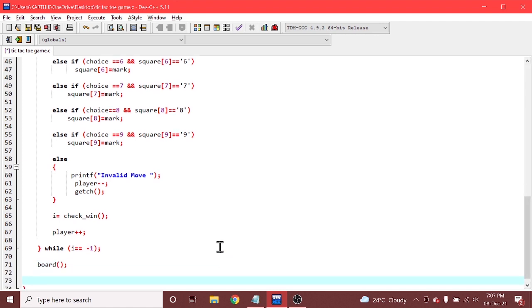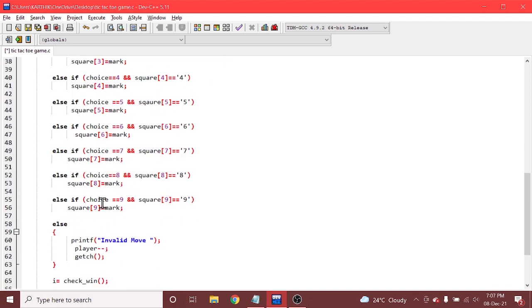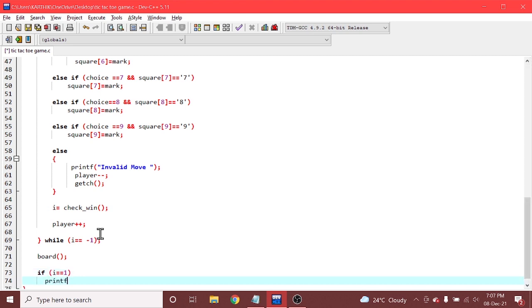Now we are checking for that i value, because after completion of this if else if conditions, you will get some i value, right? So we are checking if i is equal to 1, printf as, we are using the player percent d win.